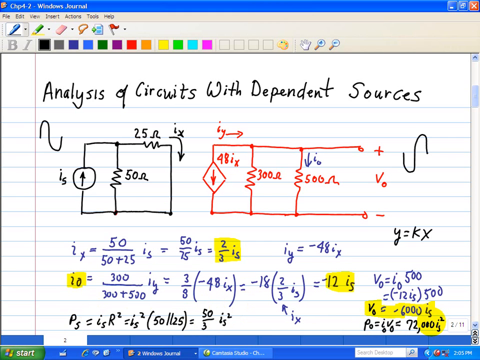Now we see that PS has an IS squared term and PO has an IS squared term as well. So therefore the power gain is equal to the ratio of those two, 72,000 IS squared all over 50 thirds IS squared, and this turns out to be 4,320. So here the power gain, let me highlight that,